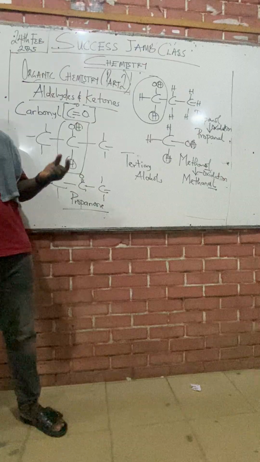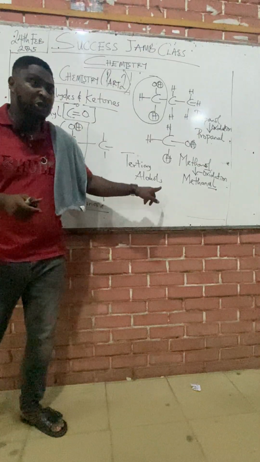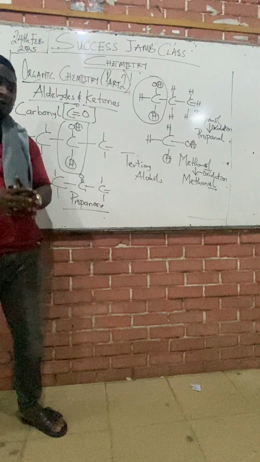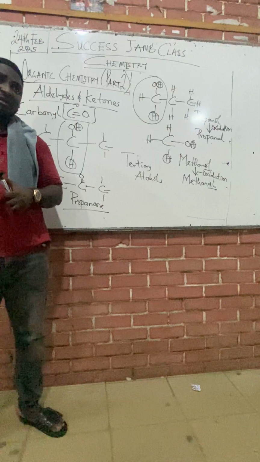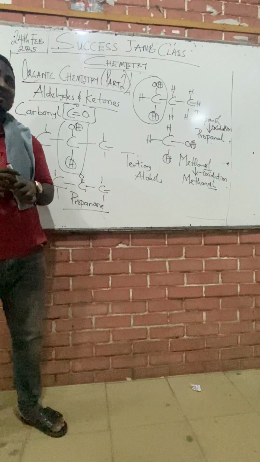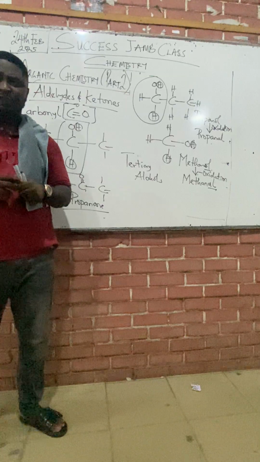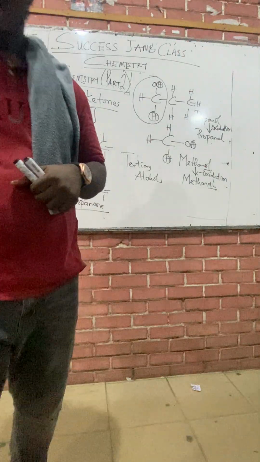So you must first be able to recognize who is the tertiary alcohol. You look for the structure in which the carbon bearing the OH group does not have any hydrogen attached to it. Don't forget, for tertiary alcohol, the carbon bearing the OH group does not have any hydrogen attached to it directly. That's the tertiary alcohol. Are we together, class? So when we come tomorrow, I was thinking